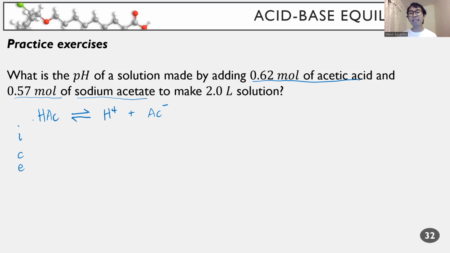So for the acetic acid concentration, what is it initially? It is 0.62 moles in 2 liters. 0.31 moles per liter. So it's 0.31 molar. Okay? Molar. H plus, what is the initial concentration? Yun din po, the same thing. 0.31 kasi acetic acid. Initial